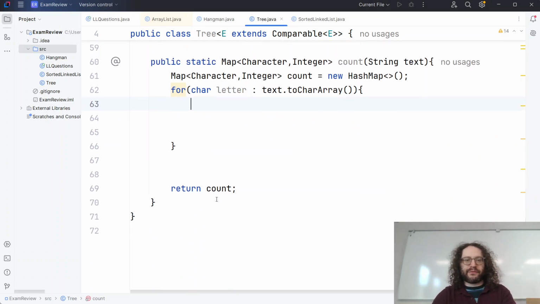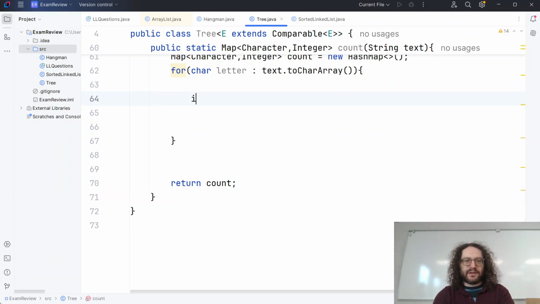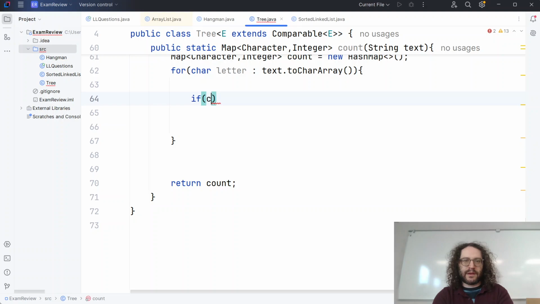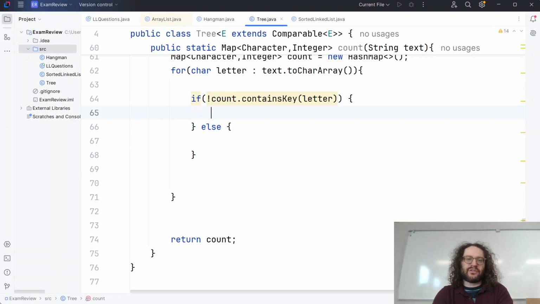All right, so I'm going to show you a couple different ways to do this. One is the generic way that should work for everything. The other way is going to be the more Java way to do it. Okay. First, the generic way to do this is asking, hey, if count.containsKey(letter), and you can either do not here. I like to do the not first. So does it not have the key? Okay, if it doesn't have the key,